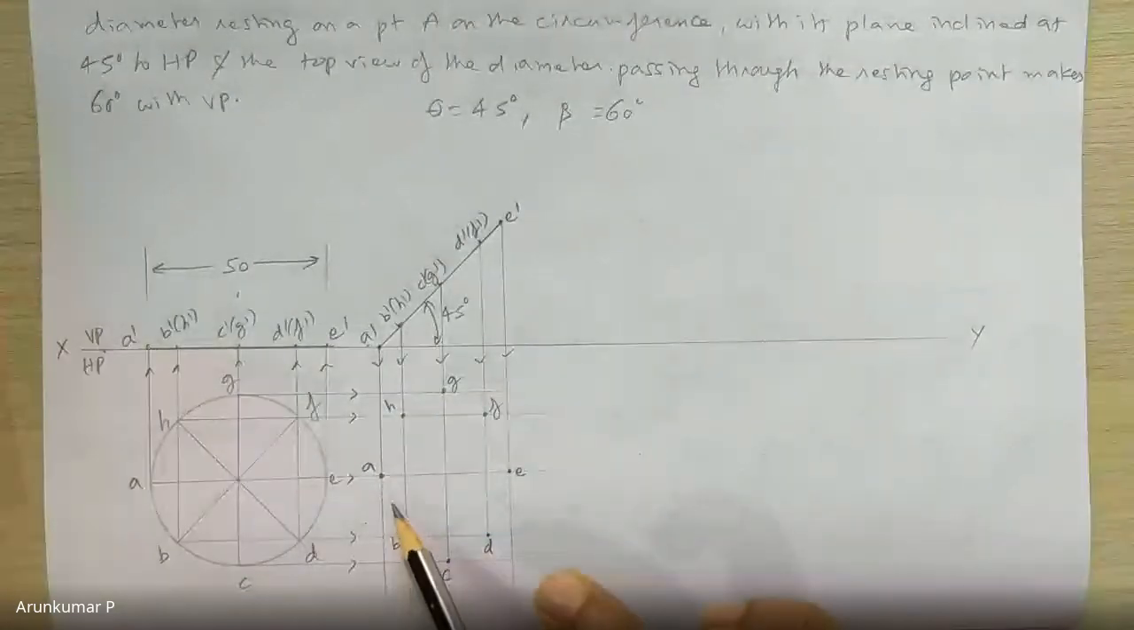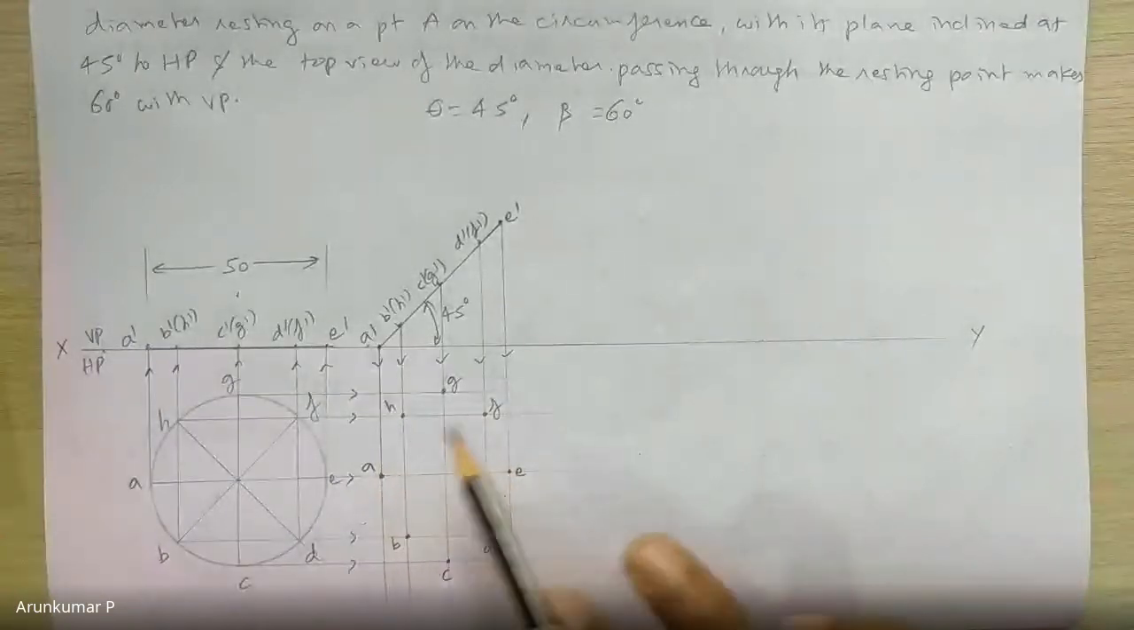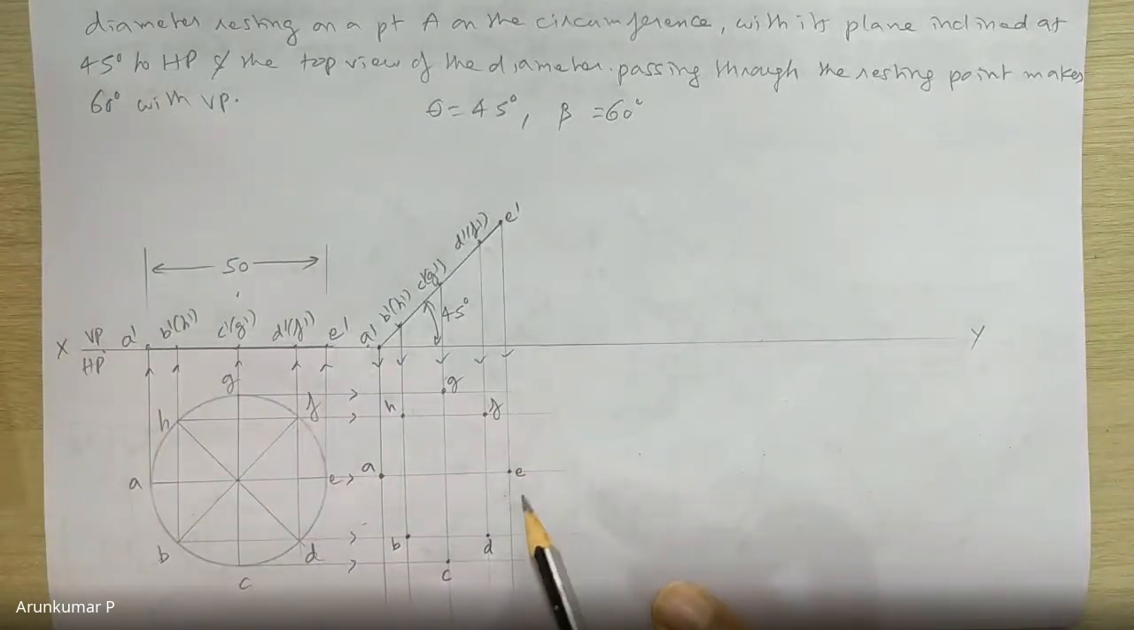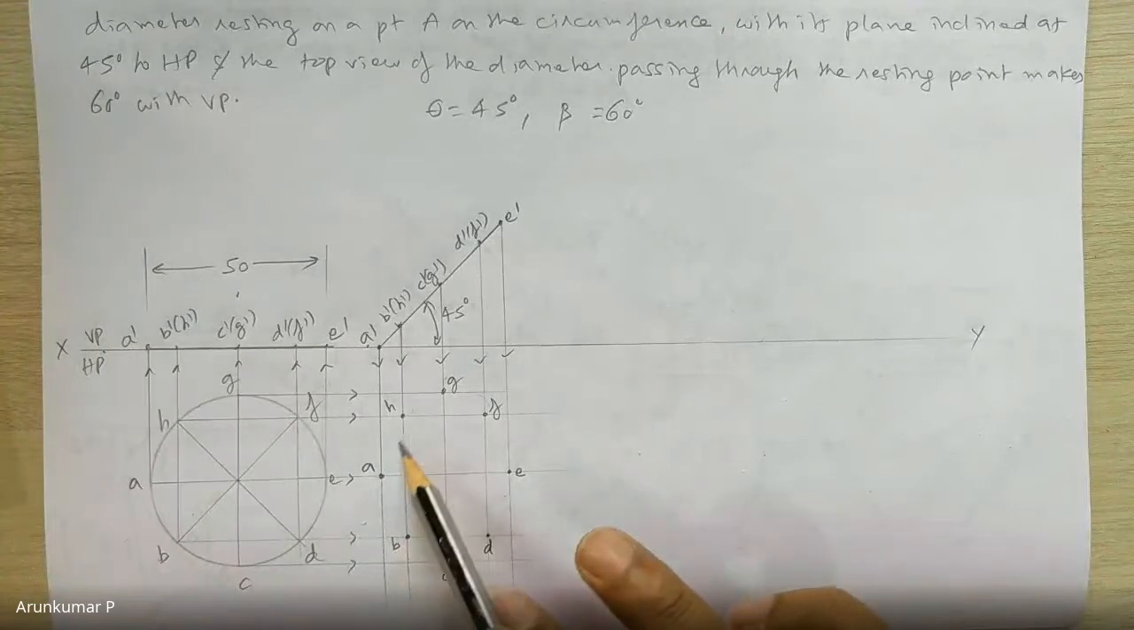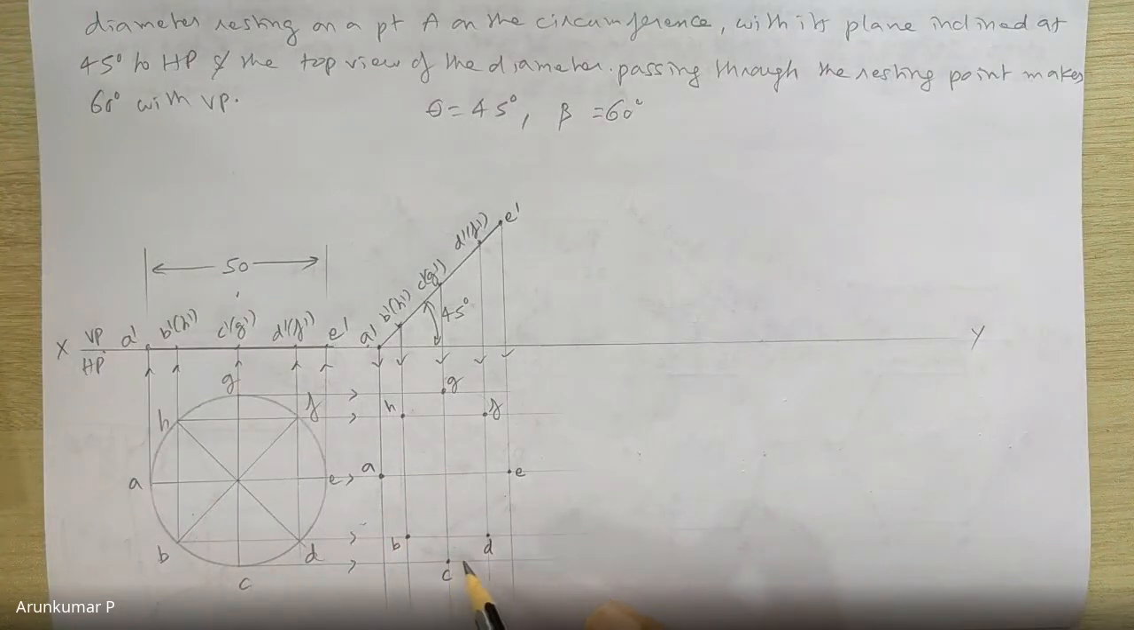So I have located these intersection points A, B, C, D, E, F, G, H as you have been doing. Now if you see the shape, if you join these points, all these points you have to join not by straight lines but by